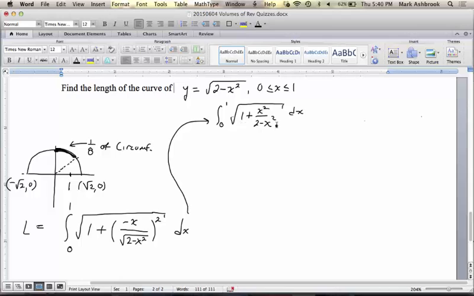We want to make this all into one term. So we're going to need a common denominator, which is 2 minus x squared. So we're going to get 2 minus x squared plus x squared all over 2 minus x squared. Okay, and so then we're going to have radical 2 over